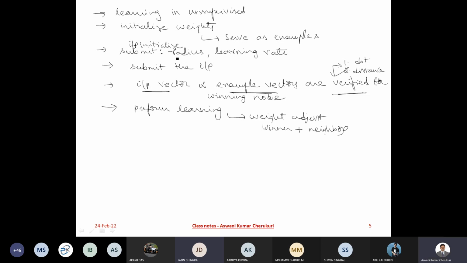Okay, based on the radius that is defined, then you proceed. Then you go back to the input vector. That means you take the next input vector and calculate, then perform learning. Go to the input vector, perform learning, and proceed. So imagine you have, say, take an example, 4 or 5 input vectors. You submit all 4 vectors. You complete one iteration. So once you complete, for every iteration,